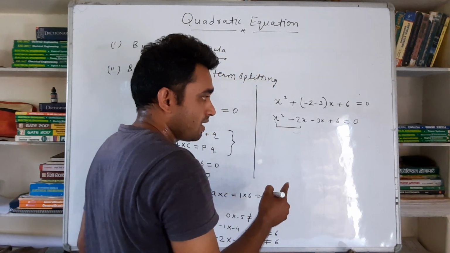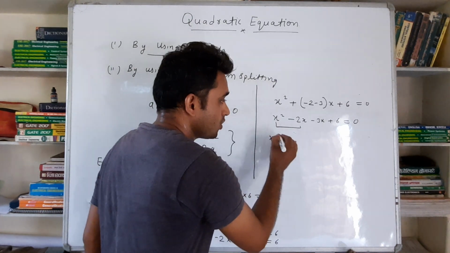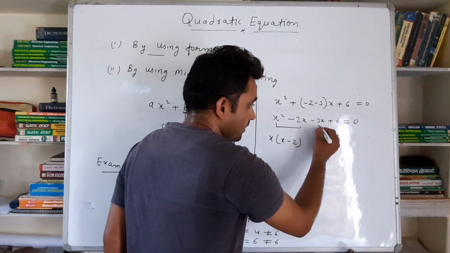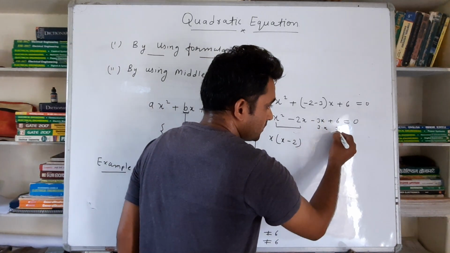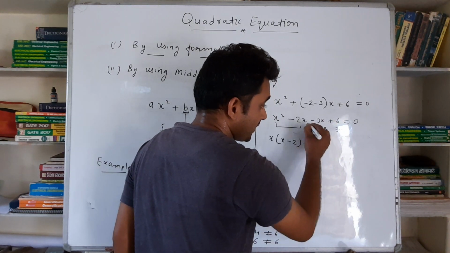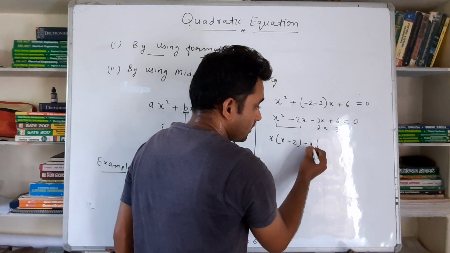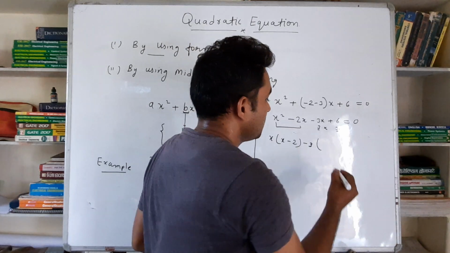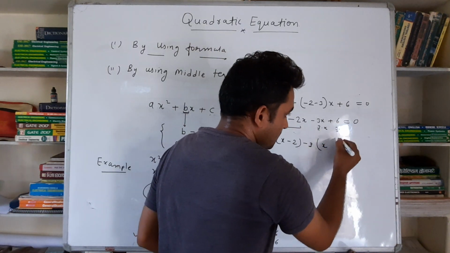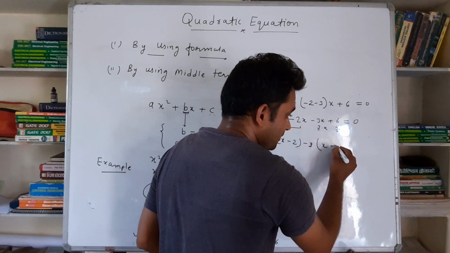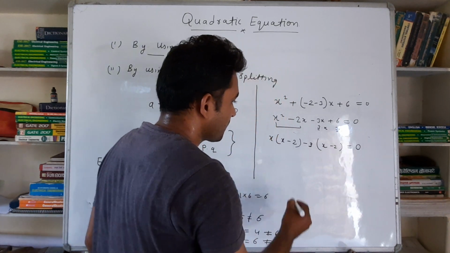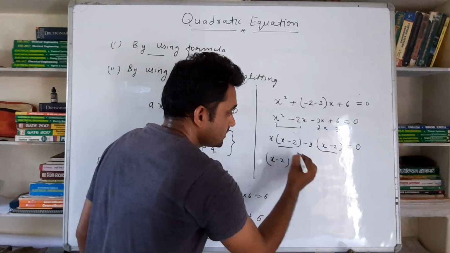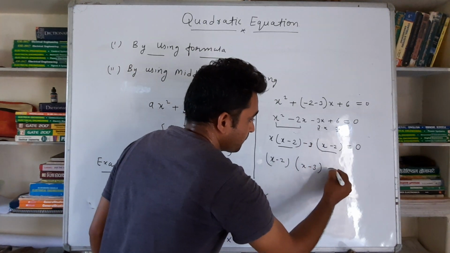Between these two terms, x is common. So here is x minus 2. Now here 3 into x, here 3 into 2. 3 is common between these two terms. So we take minus 3 as common. Listen here, we take minus common, so this sign will be changed. It means here remains plus x, here minus 3 is taken common, so 2 is here, equals to 0. Now x minus 2 is common between these two. Here is x, here is minus 3, equals to 0.